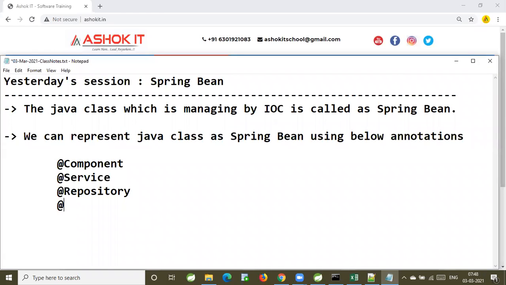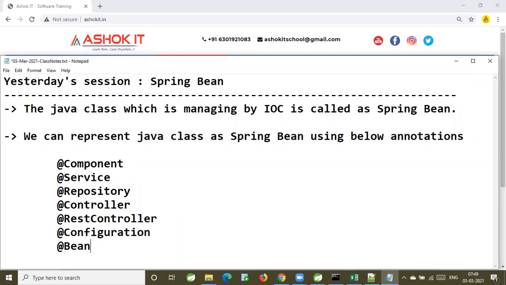Then next one is @Controller, and we can use @RestController, @Configuration, and @Bean.